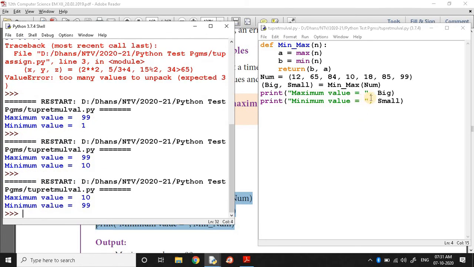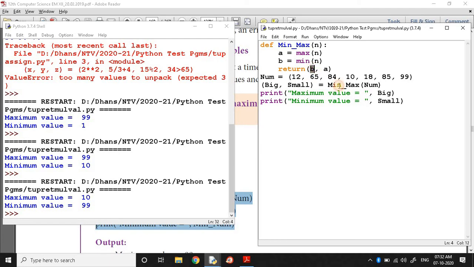So the message is mistaken. So here you must be careful about the return value when it is assigned to a tuple. After processing, you must be careful with the return values, because the first return value is assigned to the first variable, the second return value is assigned to the second variable.